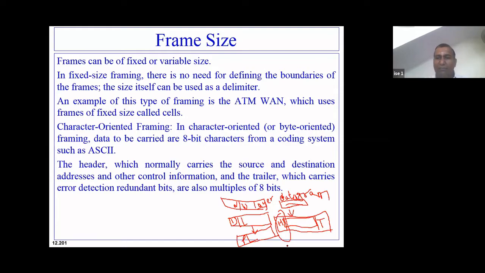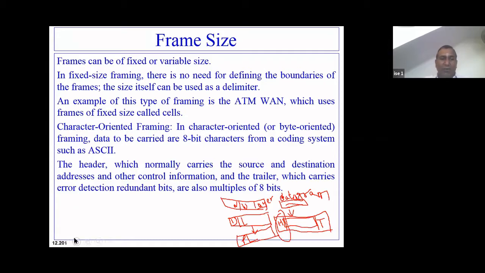Some of the bits may get changed, and when the router receives this frame which is in error, it has to have a mechanism to check whether the frame that has arrived is in error. If it is in error, it has to discard it.